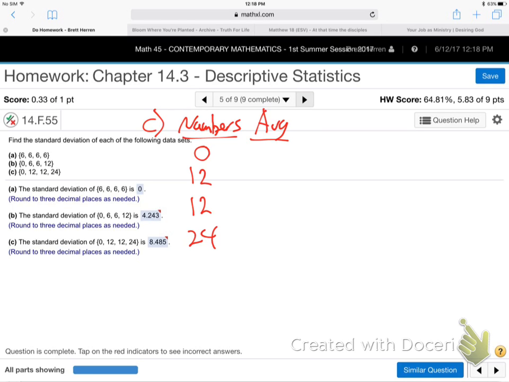Let's put it in there. Move it forward to stat mode. Mode. Stat. One variable. So it's again 0, 6, 6, 12. So how do I get this